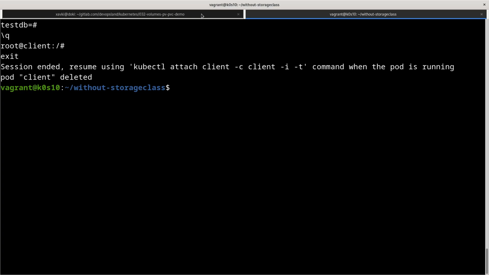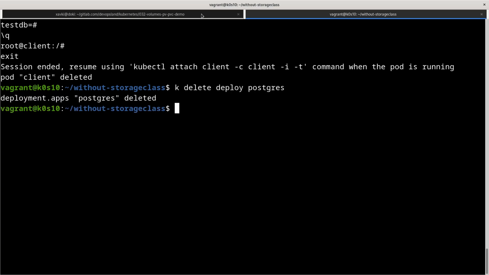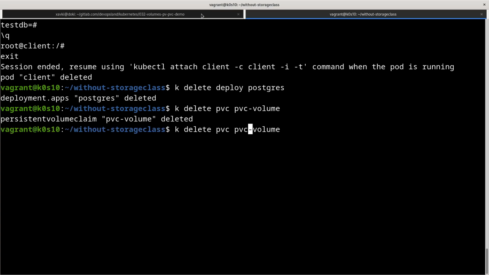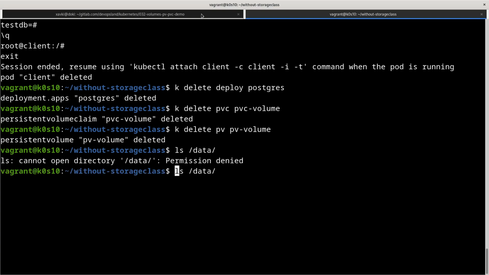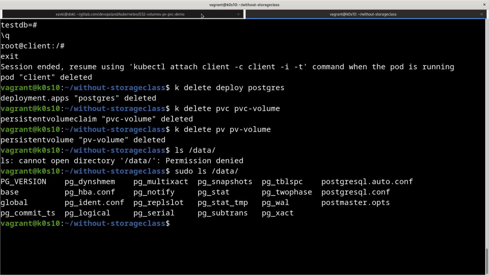We can just destroy, so kubectl delete our deployment named Postgres. I can also kubectl delete our PVC. So the PVC is named pvc-volume like that, and we can destroy the PV too. Okay, and if we check, because we retain the data, if we check the /data, we keep the content